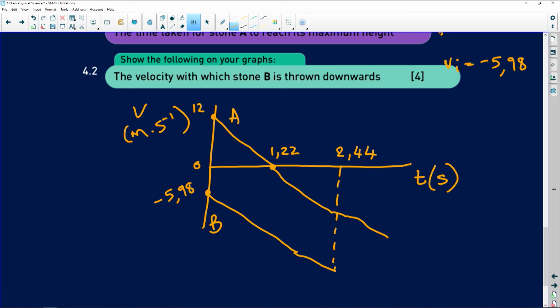So always remember with vertical motion, remember your direction, and then when you've selected those directions, they must be reflected in the graphs that you are going to be drawing. Great, we're going to